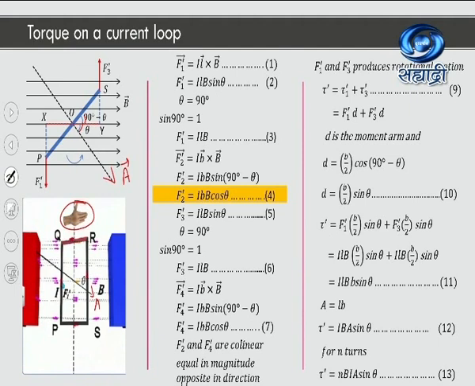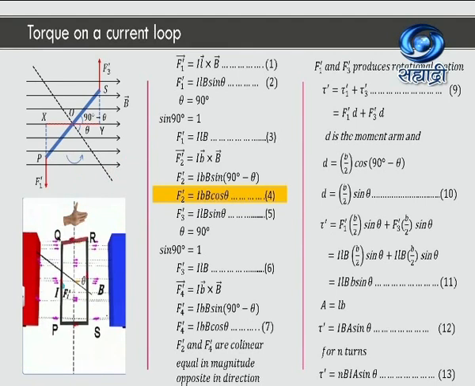Can you see this? The right hand should be held on the axis of this loop such that all the four fingers are pointing in the direction of current flowing through QR, and the fingers should be curled in the direction of the area vector. So, my fingers should curl towards the area vector, which means the thumb is pointing in this direction. This is how you can find out the direction of force F2 dash. So, F2 dash is in the upward direction as far as this figure is concerned.